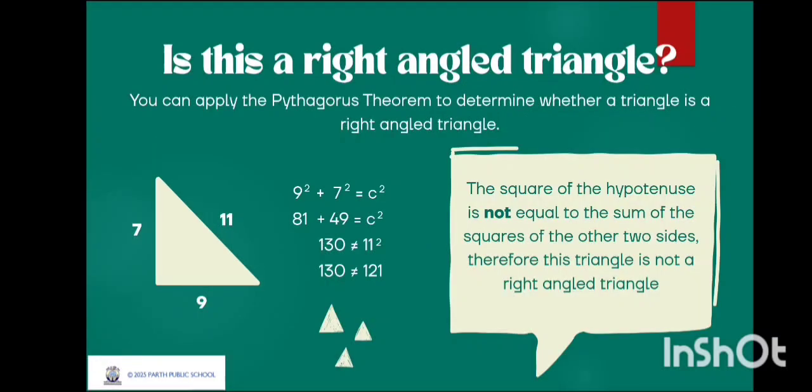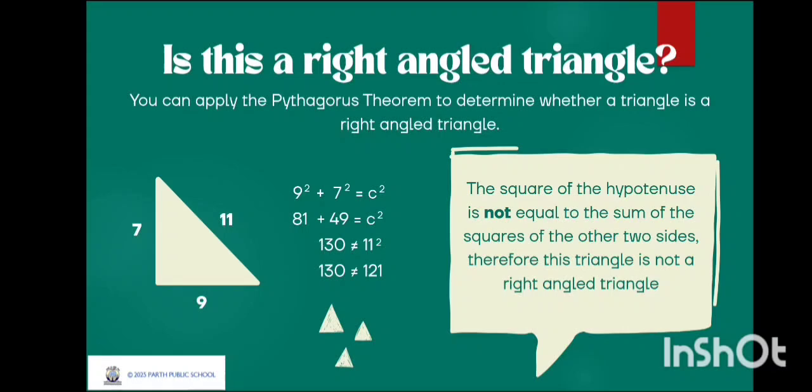In this slide, we are given a triangle with sides 7, 9 and 11 units. We have to find out whether this triangle is a right angle triangle or not. By applying Pythagoras theorem, we can easily find out whether the given triangle is right angled or not. Let us understand how. Just do the square of the highest value number and equate it to the sum of the squares of the lesser numbers. Okay, so here we will do the square of 11, that is 121, and we will also